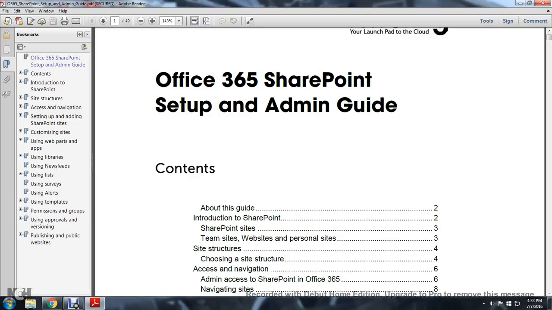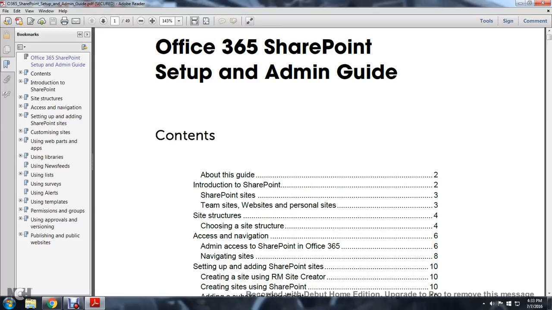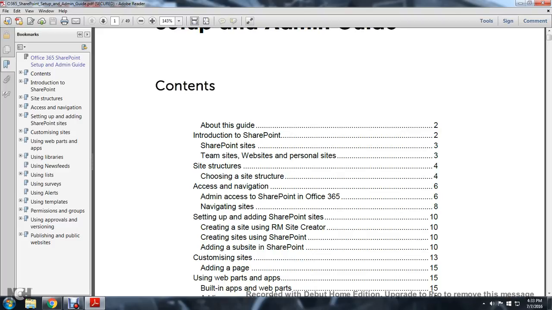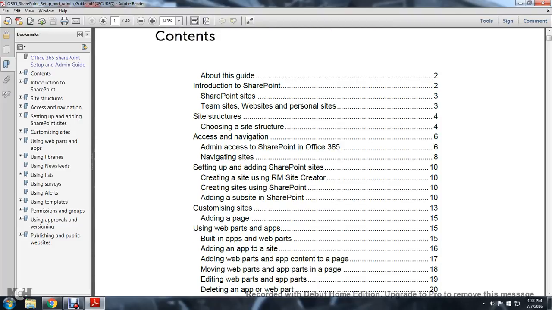About this guide, introduction to SharePoint sites, team site, websites, personal sites, site structure, choosing a site structure, access, navigation, administration, access, SharePoint and Office 365 navigation, navigating sites, setting up, adding SharePoint sites, creating sites using RM Site Creator, creating sites using SharePoint, adding subsites in SharePoint, customizing sites, adding a page using web parts, apps, built-in apps, web parts, adding an app to a site, adding web parts to an app, content to a page,